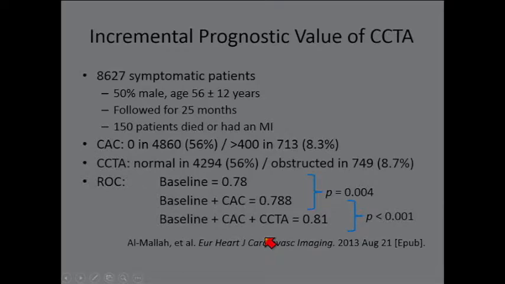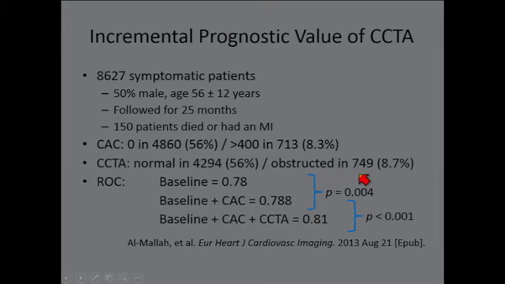And so if we look at the incremental prognostic value of CCTA in addition to coronary calcium score, we can see that in these large cohorts, like this group of more than 8,000 symptomatic individuals who were followed for 25 months, 150 patients died or had a cardiac event. And so when we try to dichotomize the coronary calcium score into that group of patients who had a 0 score, just over 50% of the cohort, and patients who had a score of more than 400, so just less than 10%, and those with positive coronary CTA, described as either being normal, so no disease, or having near occlusion or occluded vessels,